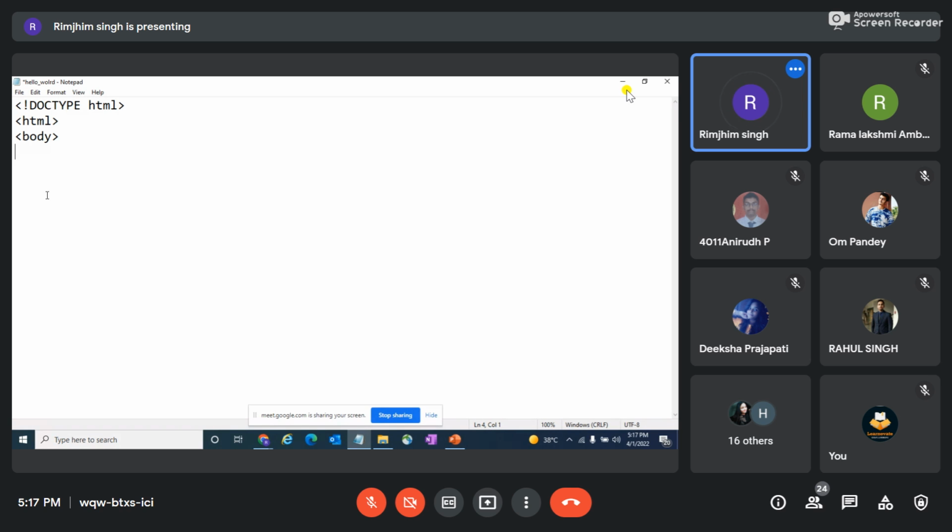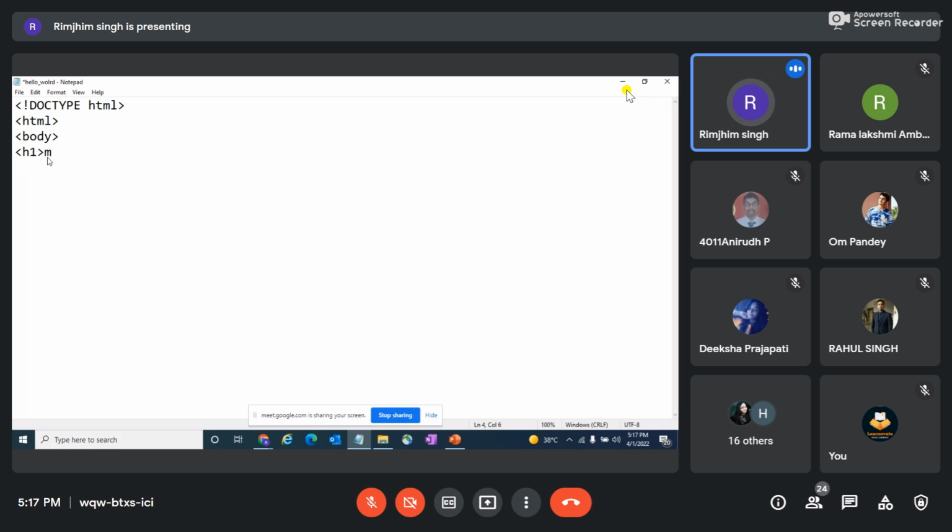Okay. So I'll be using an h2 tag, h1 maybe. We have 6 header tags, which are h1, h2, h3, h4, h5, and h6. For people who have covered the HTML and CSS class, h1 is the highest and h6 is the lowest.